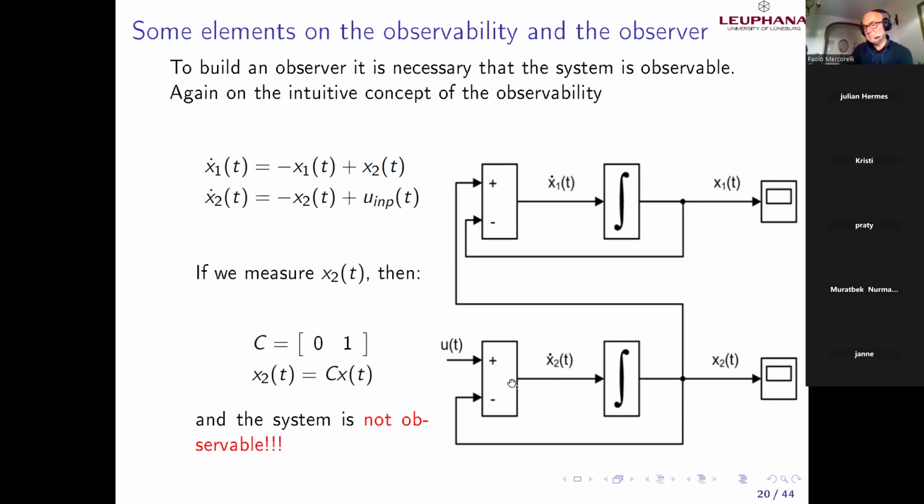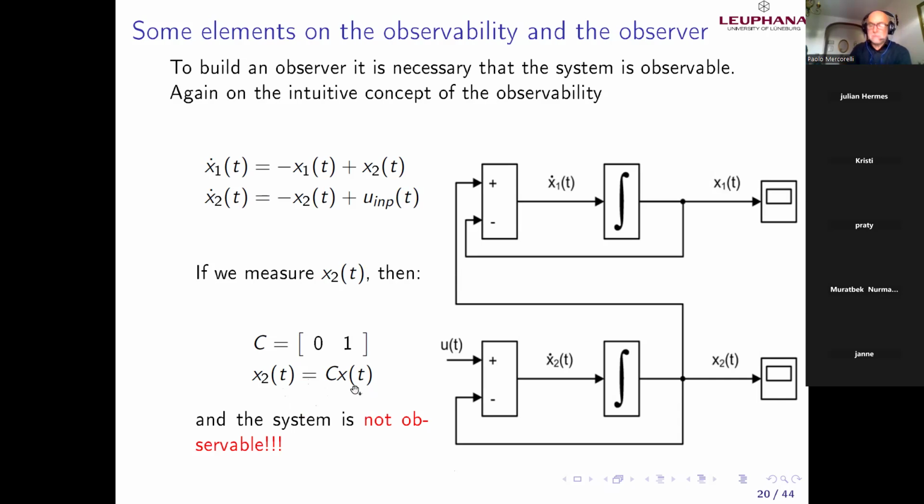Because until here is exactly the same as I told you before. Then we have a minus x2 plus u input, which can be realized, at least with this new language, with these blocks, or with the block plus minus. Look now, very important here. If we measure x2, assuming that I can measure that x2,